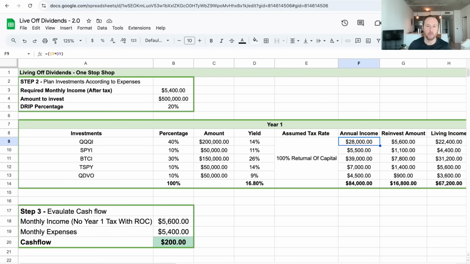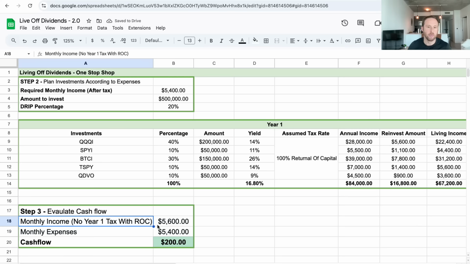All right, so the annual income in year one off a 500K investment is going to be 84K, which is amazing, guys. The average yield for this portfolio is almost 17%. Of the 84K, we're going to reinvest about 17,000 of it. And again, as I mentioned, you can adjust this reinvestment amount. Now look here,